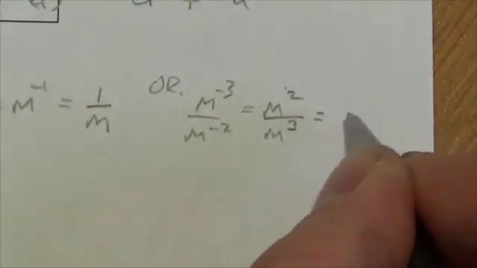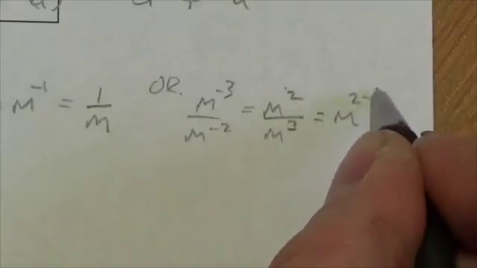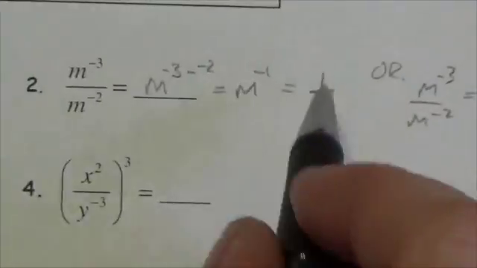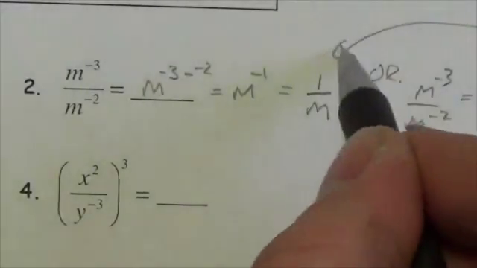Okay, now I can simplify this and make this m to the 2 minus 3, which is again m to the negative 1, and we've already seen that takes us right back to here. Okay,